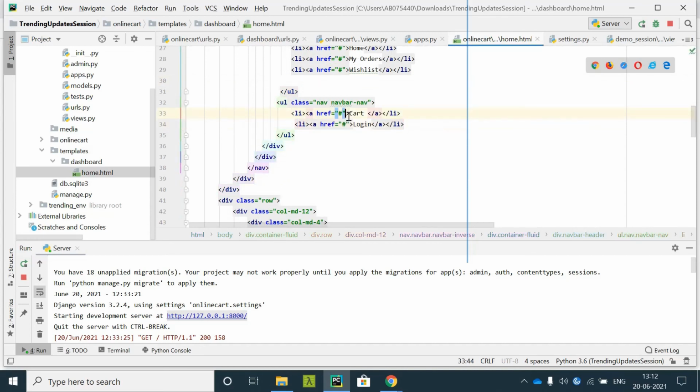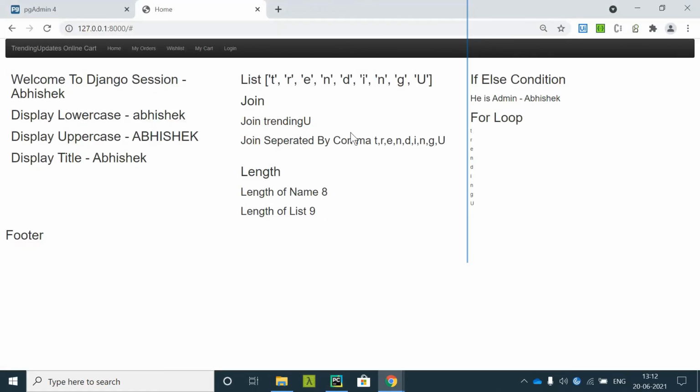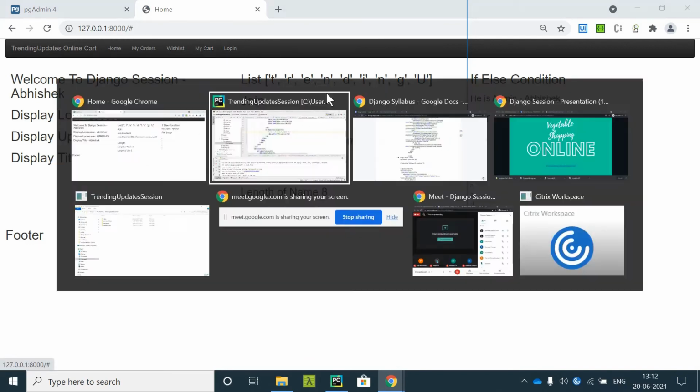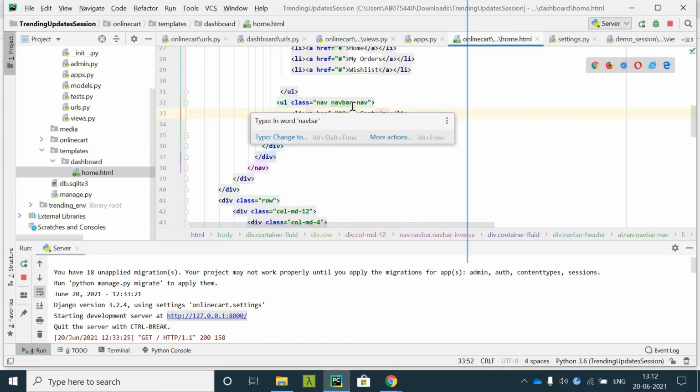You can say my cart. Now you can see my cart and login is displayed there itself.